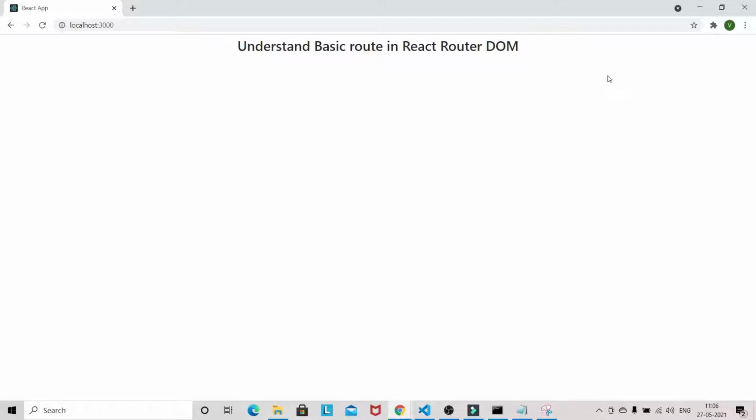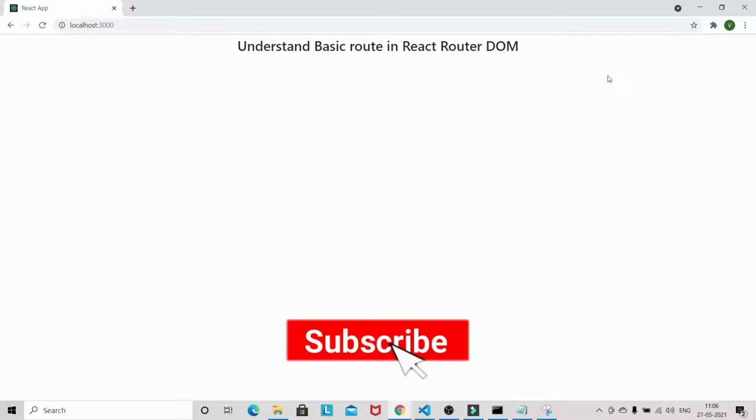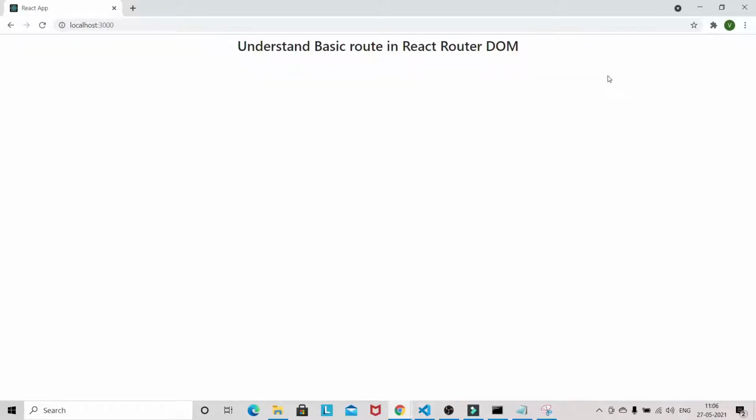In this video we are going to learn how routing works in a React.js application with the help of React Router DOM. React Router DOM is a library used for building a single page application with routing.